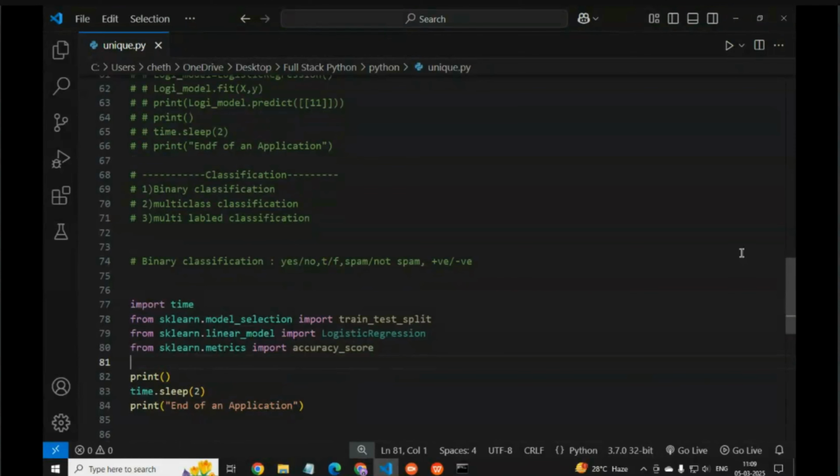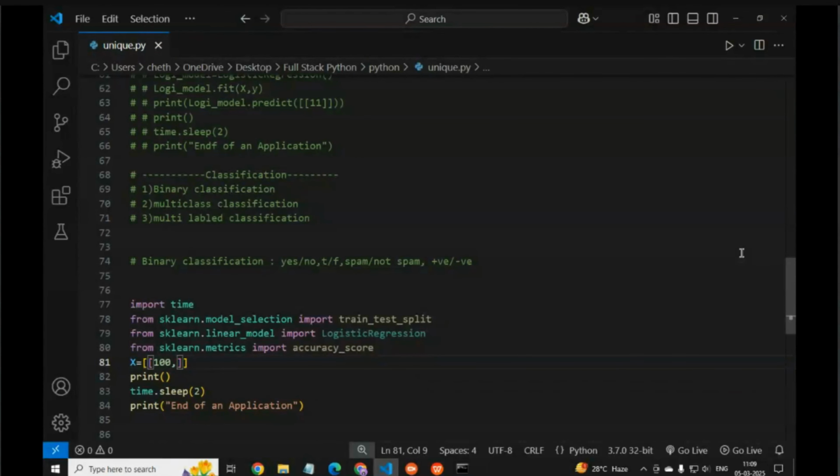Then here we take some data like email features, length and has free. Here we create one variable for that, and in it we create a list of five entries.